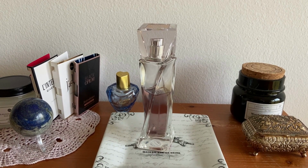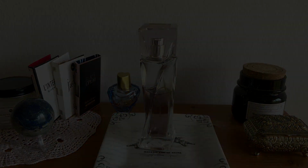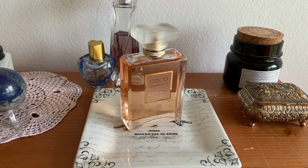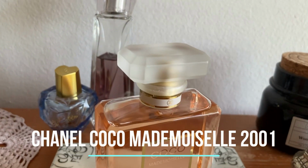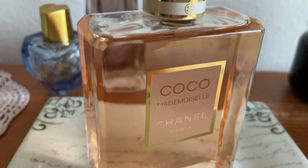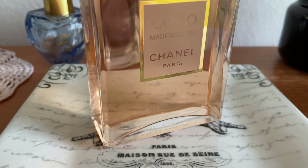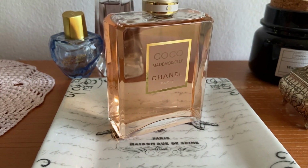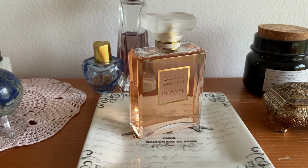So if you want to get yourself a bottle, do so while you still can. Next up, we've got none other than Coco Mademoiselle from Chanel. It was released in 2001 and it's been a massive bestseller ever since. It's probably the most sought after perfume from Chanel, and I do love the original Coco, and I also really